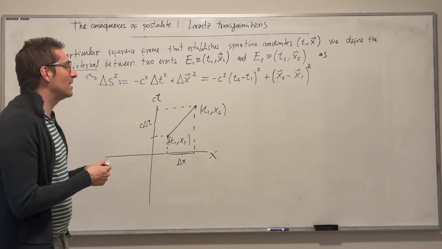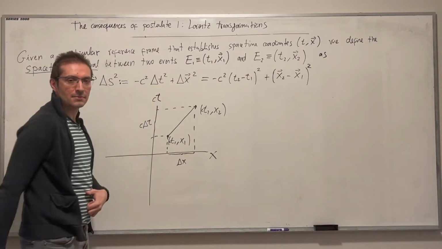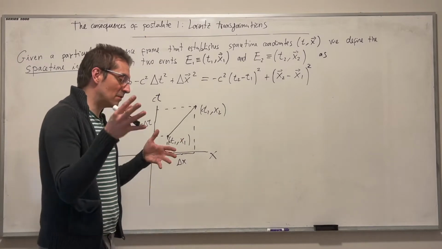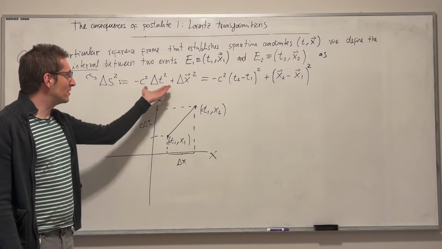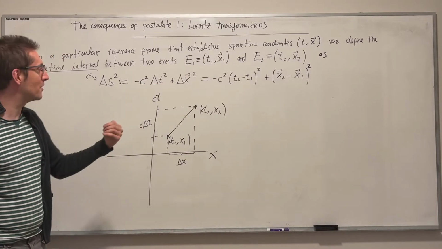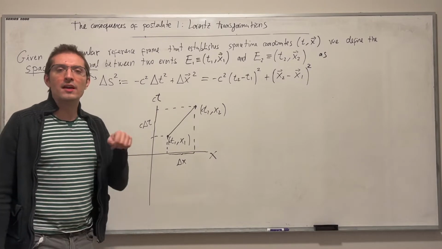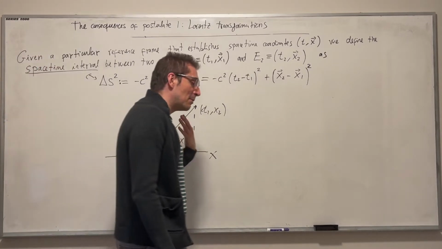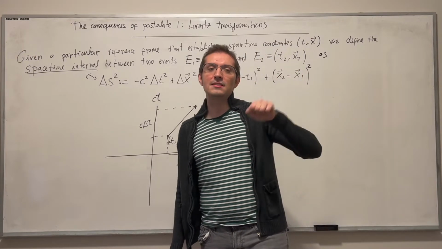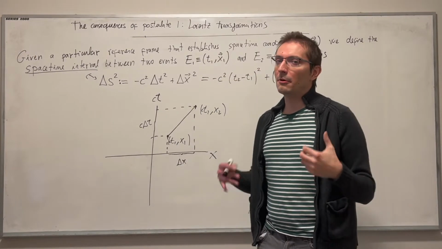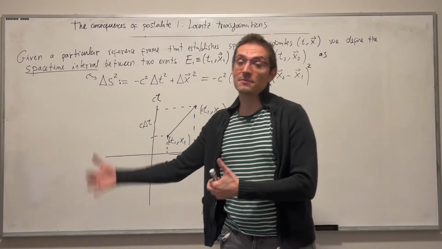intervals. Typically, there are two ways of choosing these signs. I can put the minus here, or I can put the minus here. One is called the East Coast Convention, the other one is called the West Coast Convention. The East Coast Convention is actually the one that I have here, and the West Coast Convention is putting the minus sign here instead of that one. The West Coast Convention is popular among particle physicists and high energy physicists, whereas the East Coast Convention is common among people who work with general relativity, and thus, for example, quantum field theory in curved spacetimes,